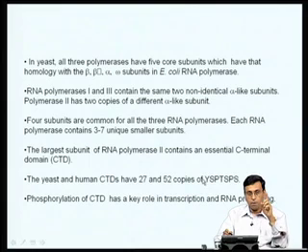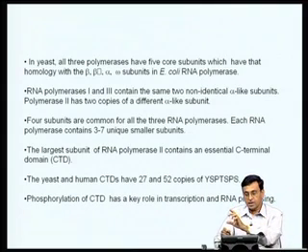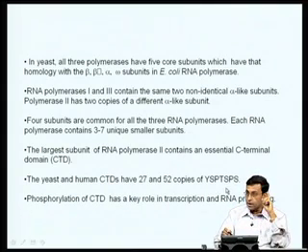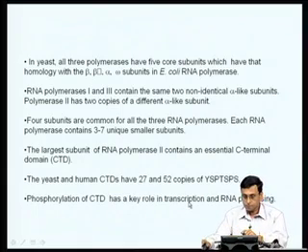So, just remember, the largest subunit of RNA polymerase II contains a C-terminal domain which contains a number of repeats containing serine and threonine residues, and at a later stage I will show you that phosphorylation of these serine residues plays a very important role in regulating the activity of RNA polymerase. That is what I have written here.